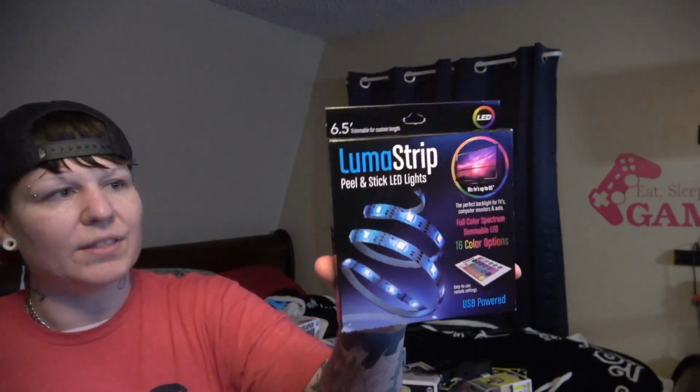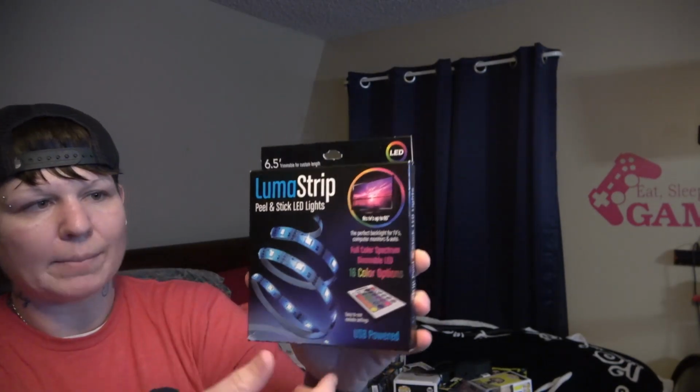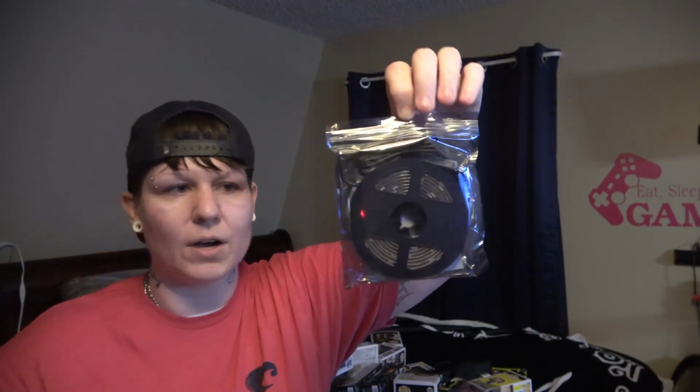So we got this. And while I was at our local Walmart, I also grabbed some of these. These are just your regular light strips, I think about $4 and something a pack, so right at $5. Let's pop it open, take a look, see what comes inside. Oh, that's it. All right, so anyways, you're going to get your light strips, and you can get some of these, I think these are some of the ones that they have